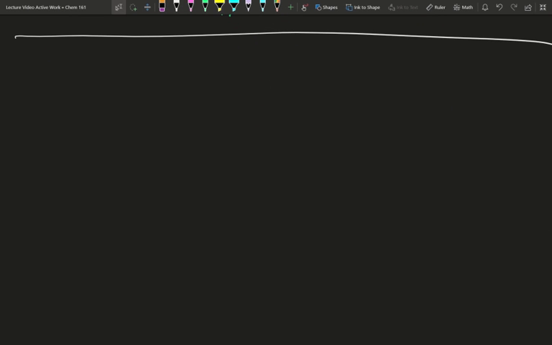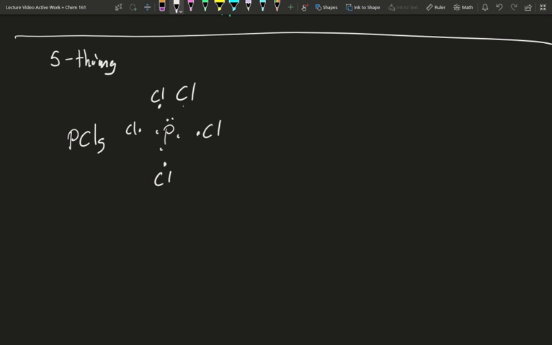Well, when you exceed your octet, you can have more than 4 things. And so there are 5 thing shapes as well. PCl5. So in this case, you've got a phosphorus, and we've seen this one before, but I'm going to put the chlorines with just the one unpaired electron to simplify our drawings. We'll pair. We have to break up a lone pair, but we can do that because it's third row or later. 5 things